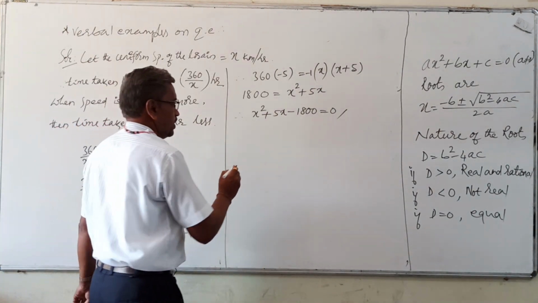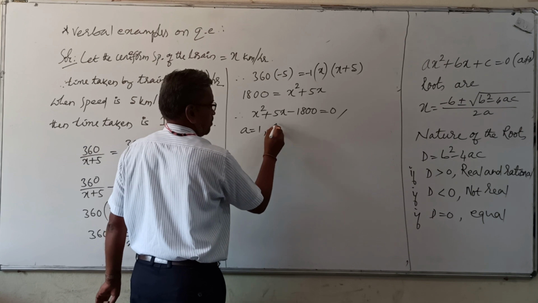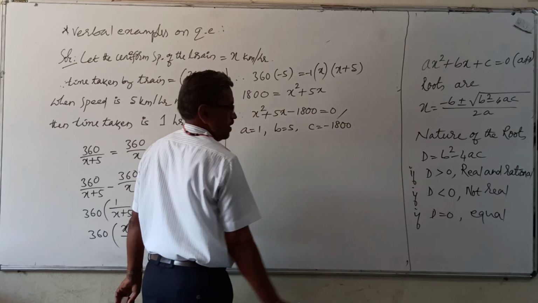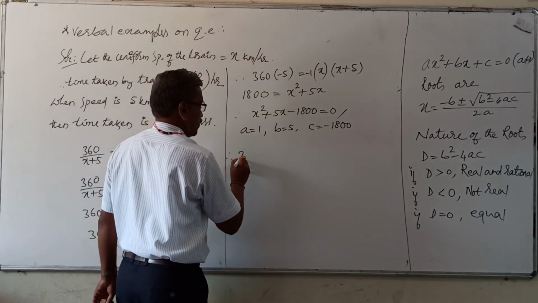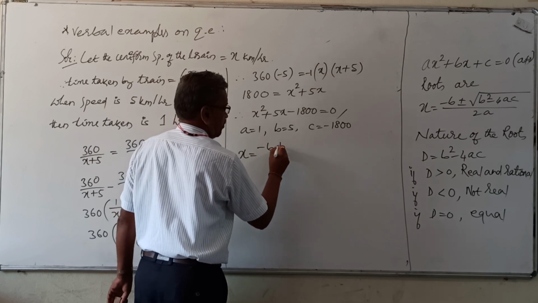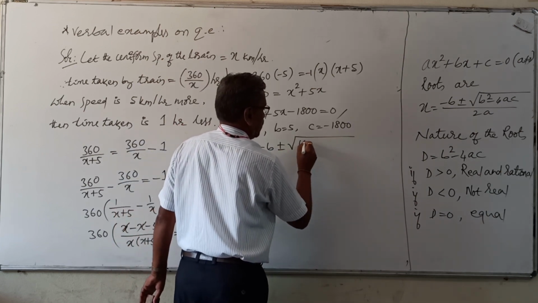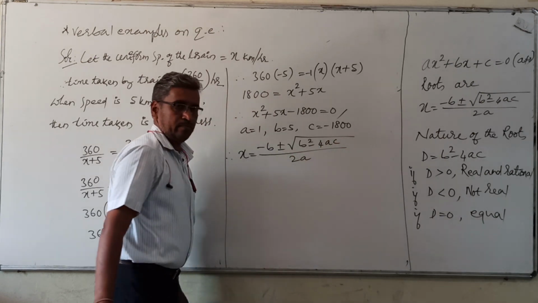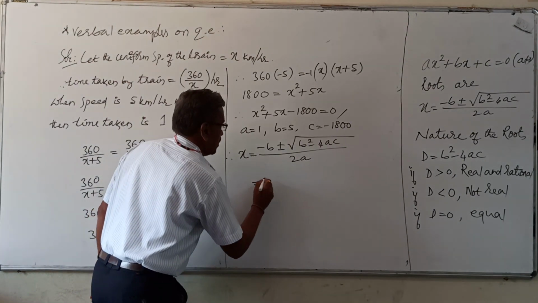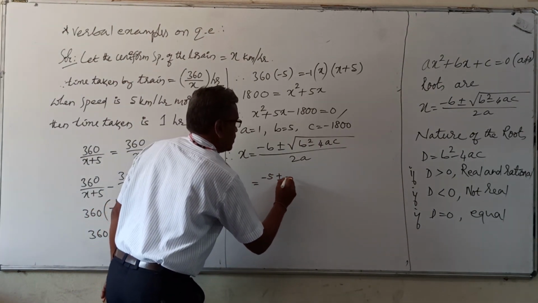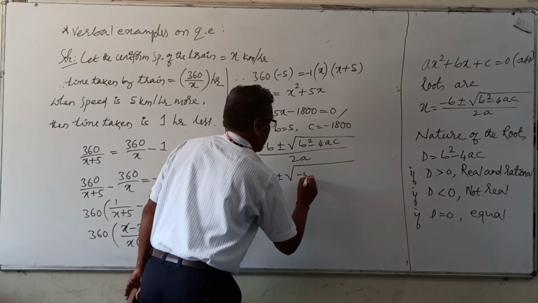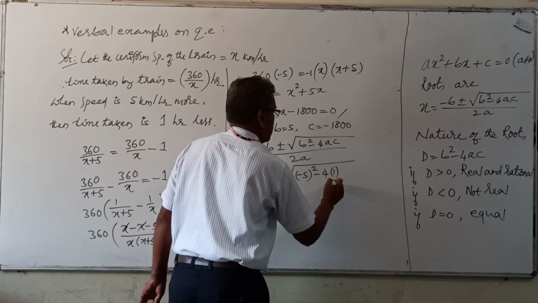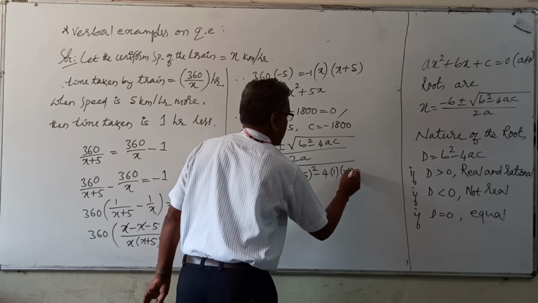So now, using the formula, a equal to 1, b is equal to 5, c equal to minus 1800. Therefore, writing the formula x equal to minus b plus or minus square root of b square minus 4ac whole divided by 2a. Substitute the values. Minus 5 plus or minus square root of 5 square minus 4, value of a is 1, value of c is minus 1800,